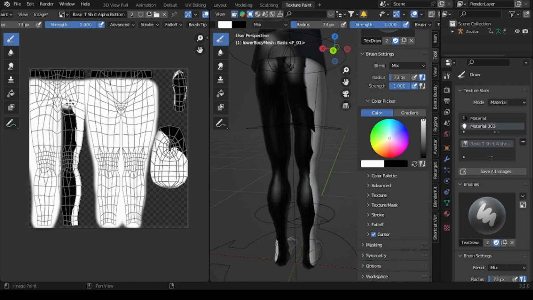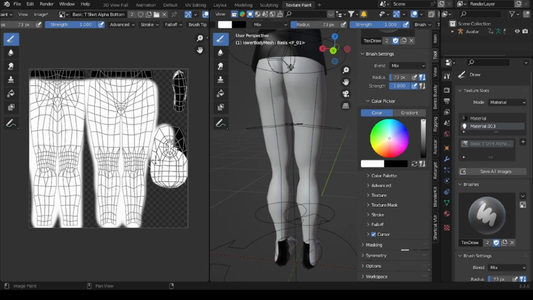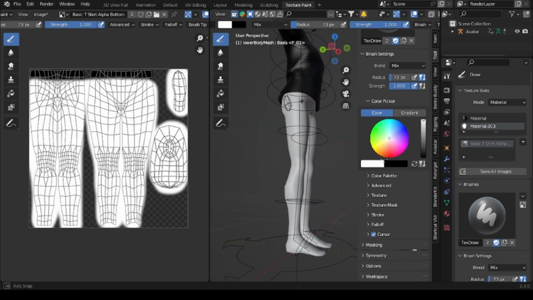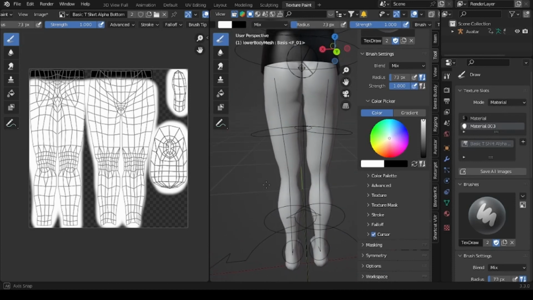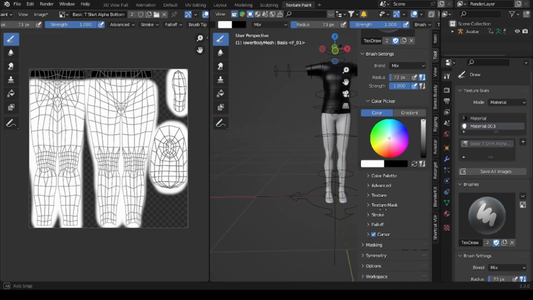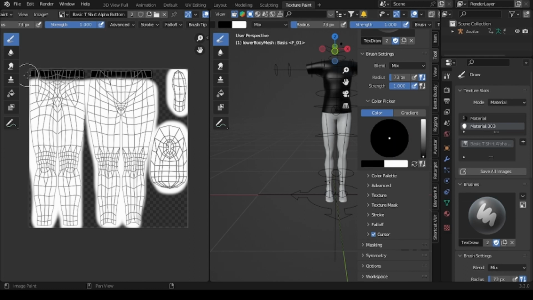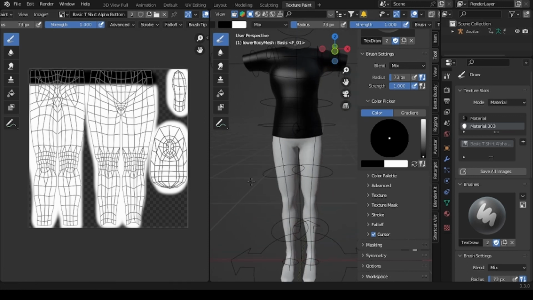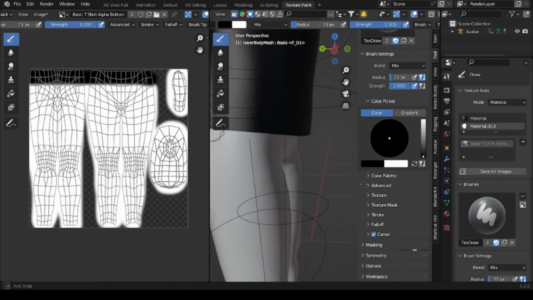And remember to save every so often, because if something happens and you lose your work, you've got to start all over again. Sometimes. I think Blender saves stuff, but we're not going to get into that. So the white part is going to be seen, but I think I kind of want to take this down some. So I'm going to paint black. So hit this button to switch colors. And I just want to take that down some, because I could even take it more down,